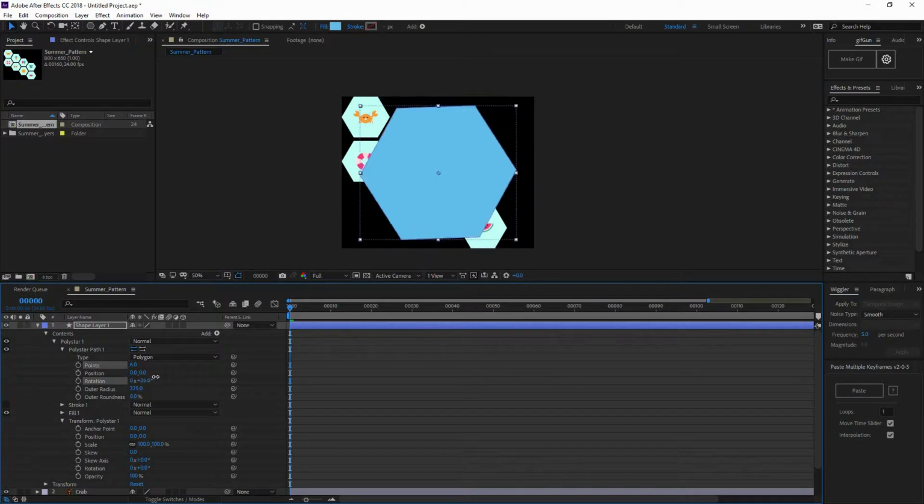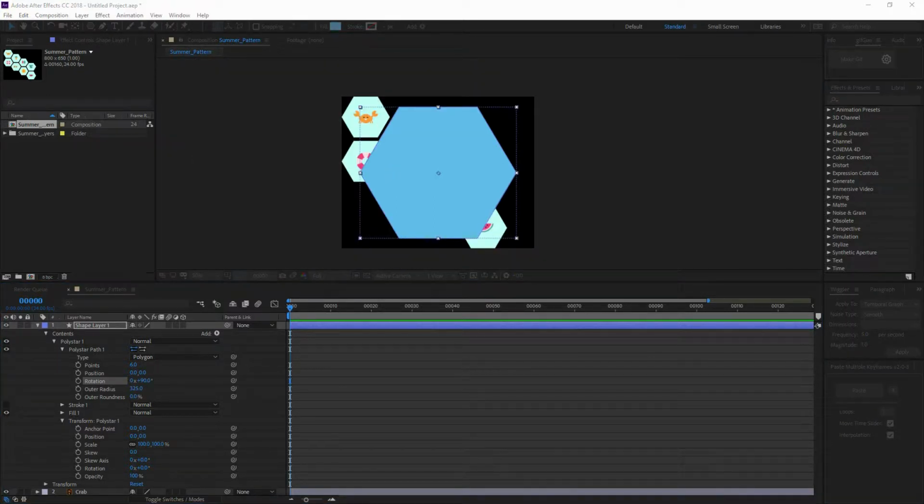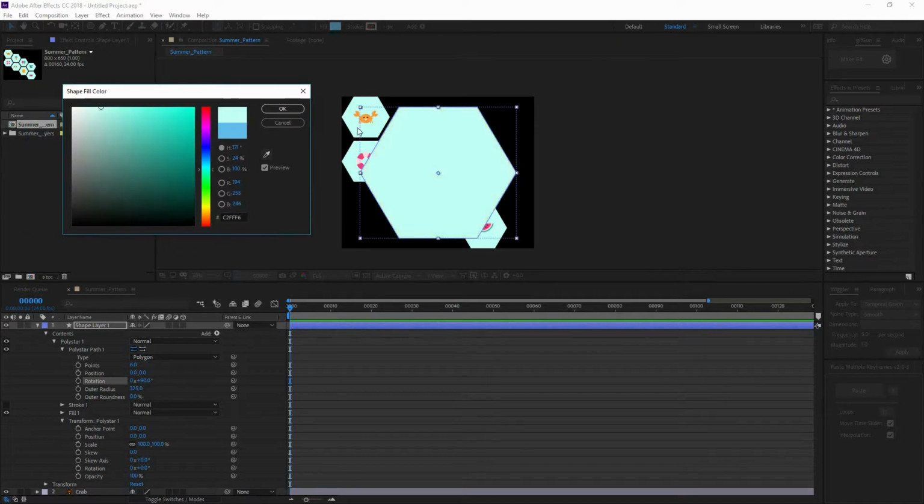I don't want that, so I'm going to rotate it. Instead of being 0, I'm going to change this value to 90. And now it's just as we wanted. Now the next thing is that it's obviously bigger than what we had before. So we're going to change the fill first. We could just sample the one that we had, but I'm going to actually use a different color. So this green, which is actually the one color that I want to use, not that other one that was just so